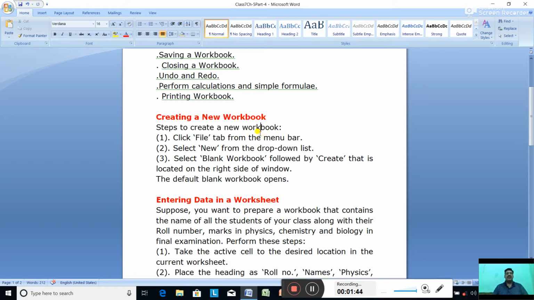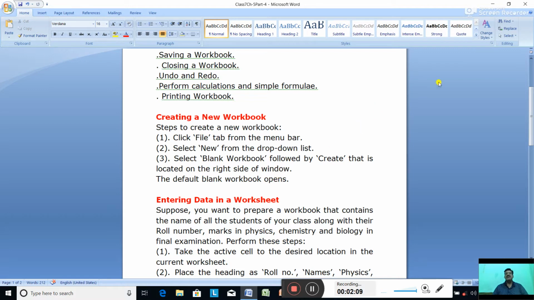First click on the file tab from the menu bar, a drop down list will come. Select new from the drop down list. Select blank workbook followed by create, that is located on the right side of the window. So the default blank workbook will be open.